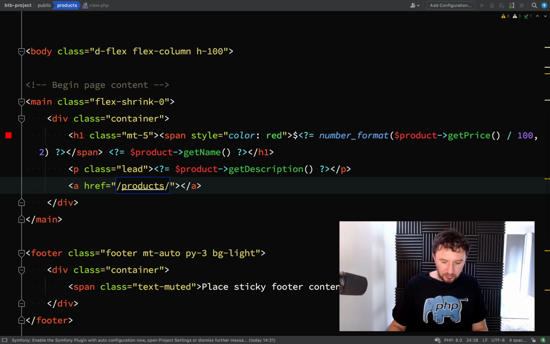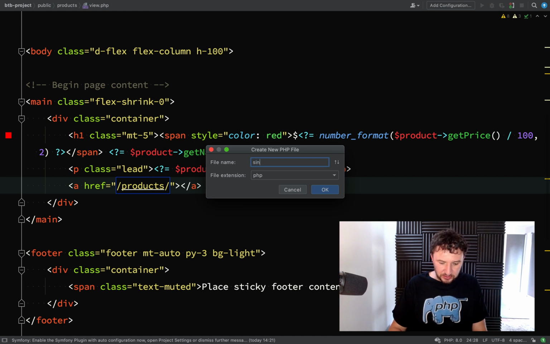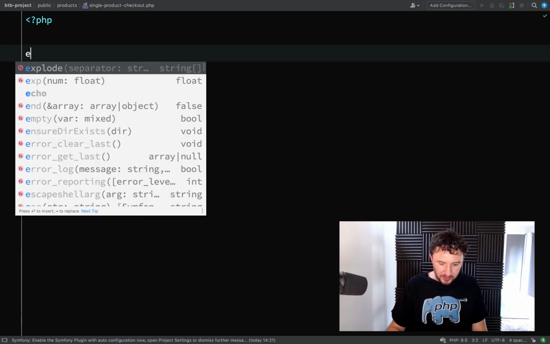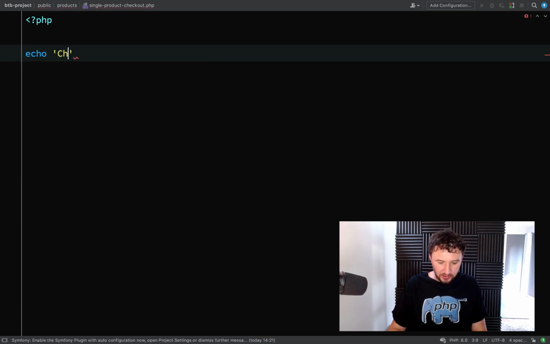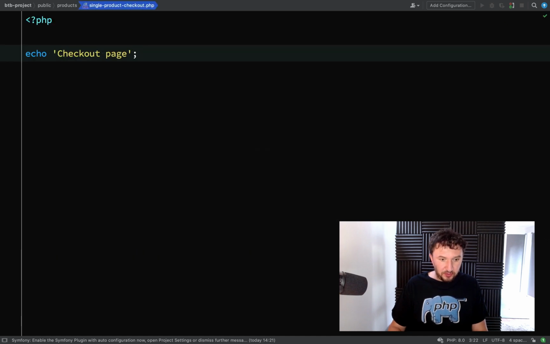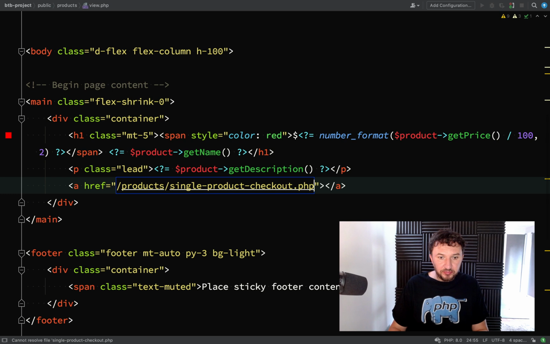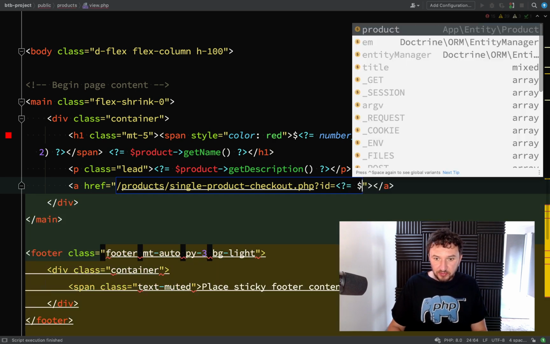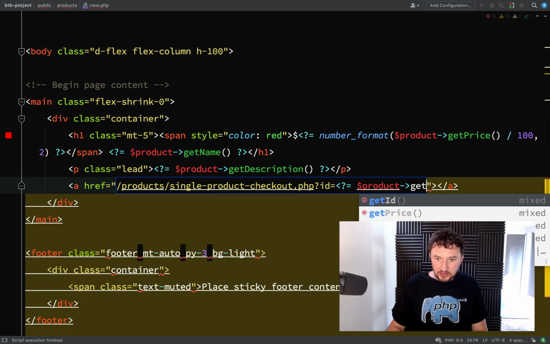So in the products folder, I'm going to create a file called single product checkout. Okay, and in here we shall just echo, for the time being, just some placeholder text, checkout page. Okay, and then this will be, just copy that, single product checkout PHP, and we shall say ID equals, and then we will echo out the product ID. So product get ID,